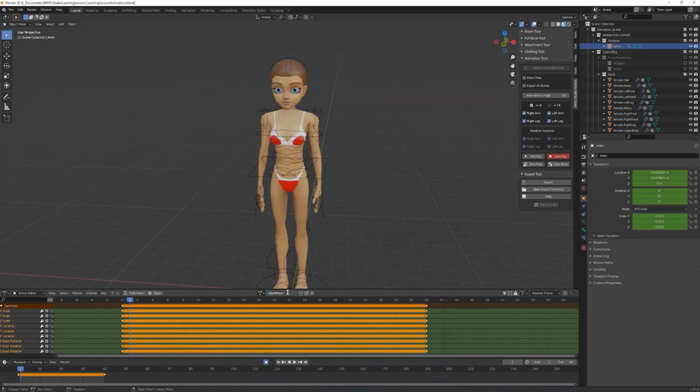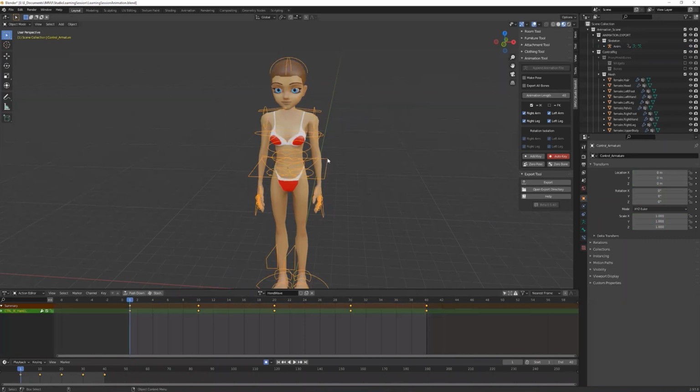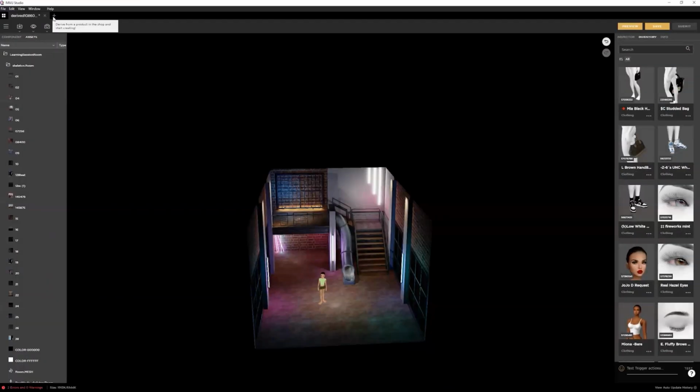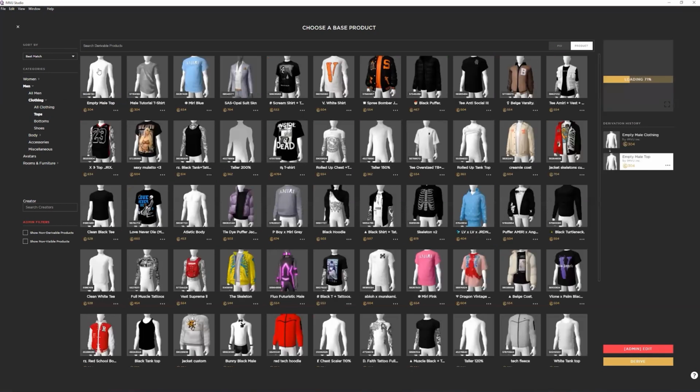You'll want to not touch this name or touch any of these keyframes. If you want to come back here and edit it again, you want to grab any of these nodes around the avatar, and that'll bring you back here where you can put your name in and change the keyframes as you'd like. So now that we have that exported, we can create, I'm going to go with the